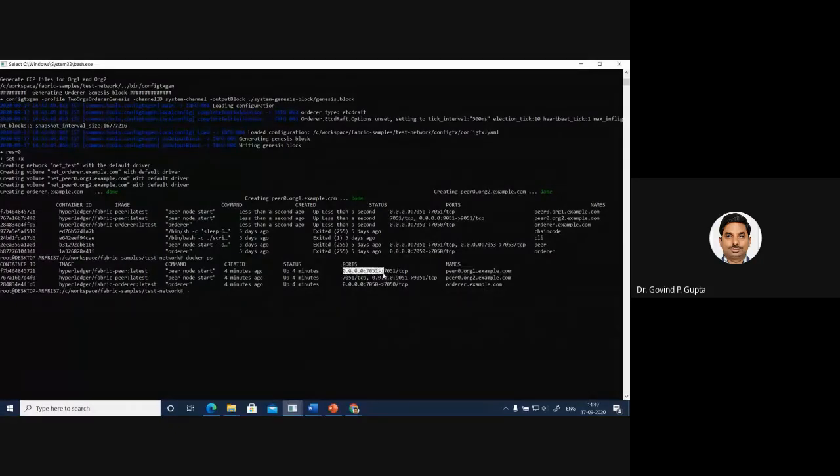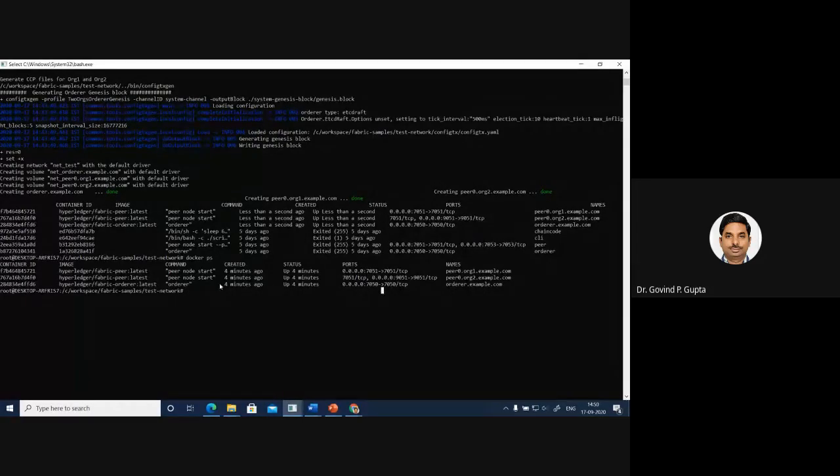You see here, at port number 7051 this is going to listen. Their own port numbers they are going to share with each other. Maybe some of you know socket programming: in TCP socket programming we set the port number for the client as well as the server. So it is the same method. In order to understand the internals of these things, you should have some network programming experience.